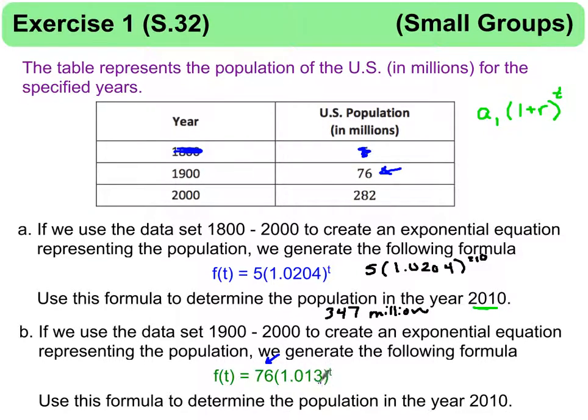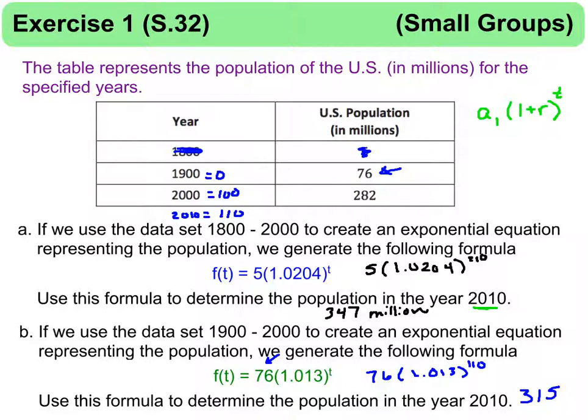That'll change our rate of growth a little bit, because we're accounting for a little bit less data in this perspective. And so they want to know what would be in the year 2010. So again, if we set this as equal to year equals 0, this would be equal to year 100. And so 2010 would now represent 110. So we would put that in our calculator, our 76 times the 1.013 raised to the 110 power. And once we calculate that for the year 2010, we would end up with 315 million